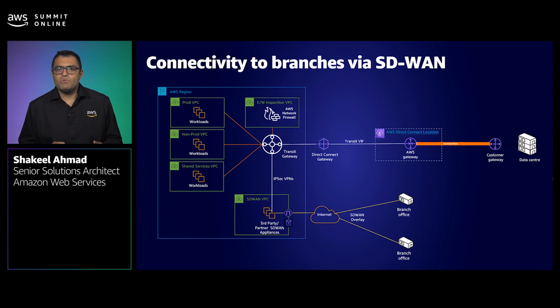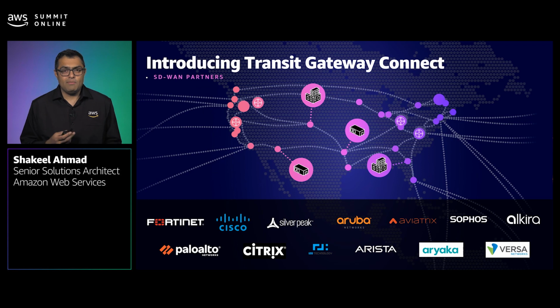So back in December 2020, we released a new feature, AWS Transit Gateway Connect, which allows you to simplify and natively integrate your SD-WAN appliances from our partners into Transit Gateway. It provides native integration without complex IPsec VPN connections and higher bandwidth interconnects between SD-WAN and AWS Cloud using VPC and Direct Connect as an underlay service, and we'll have a look at that.